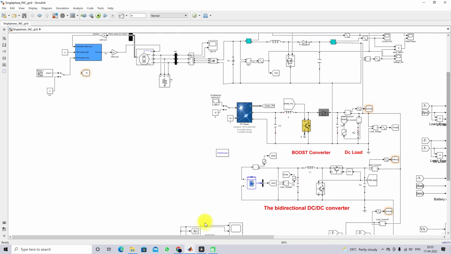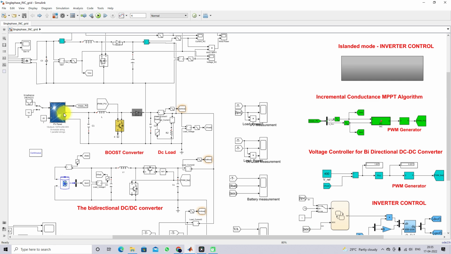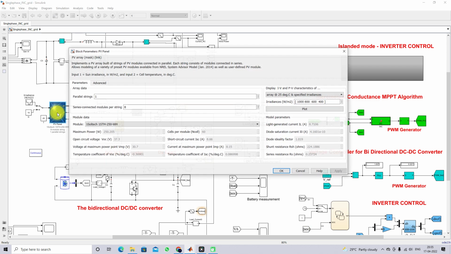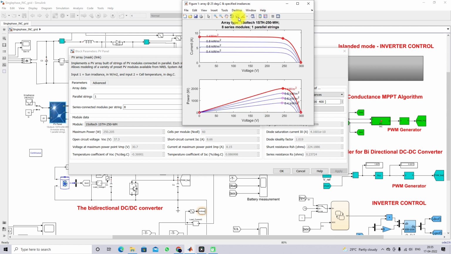Next you have to see about the solar PV system. So this is the solar PV system. Here we are using a solar PV system of around 2 kilowatts at the standard irradiation and temperature condition. The maximum power is around 2002 watts. Operating voltage is 245.6 volt,